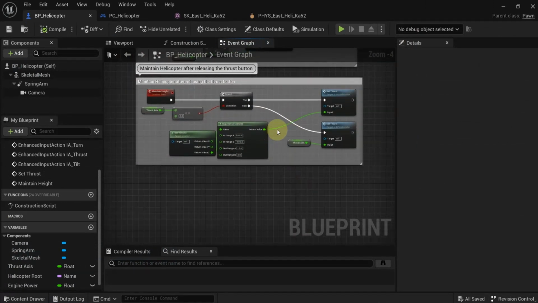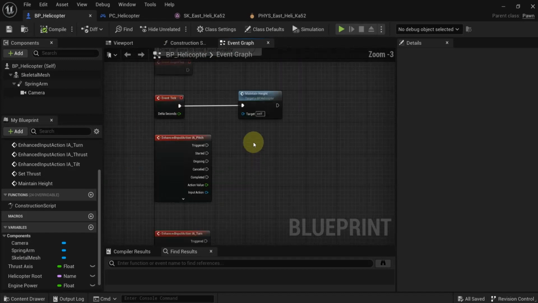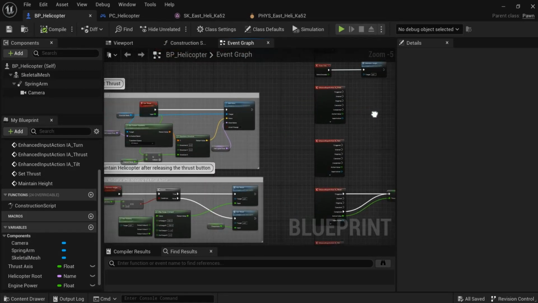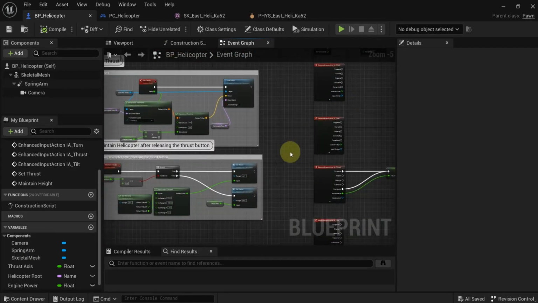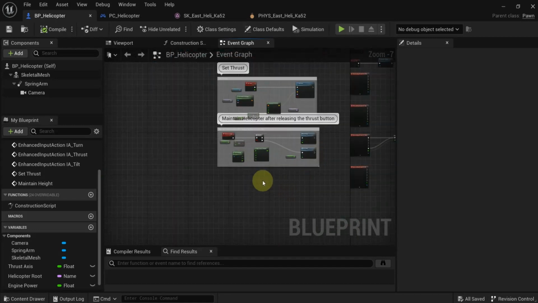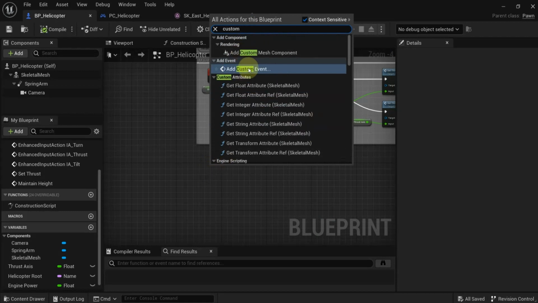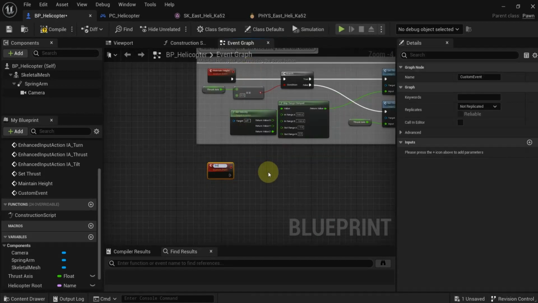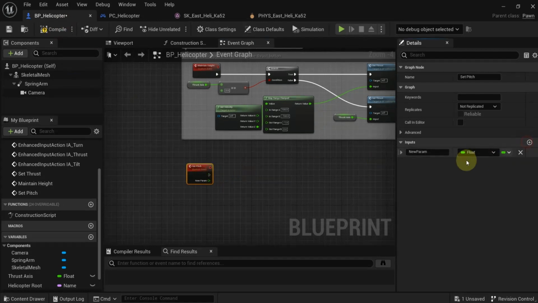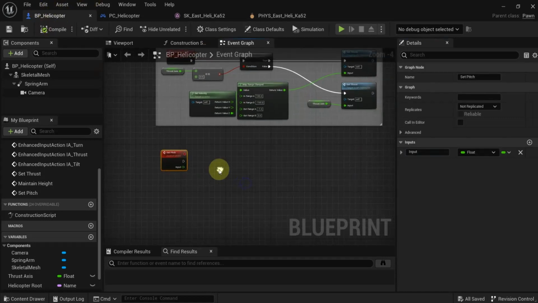Now we set the height and the thrust. We start by adding the, we need to make the pitch and the tilt. We'll start by making the pitch. The pitch will handle it by first we need to add an input to the custom event